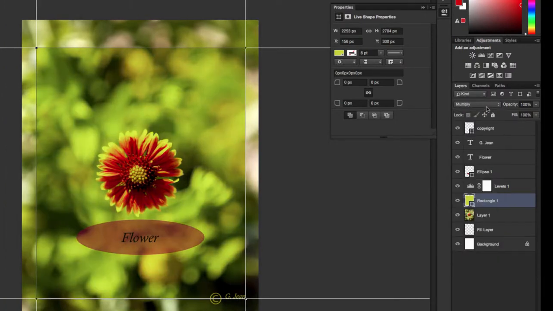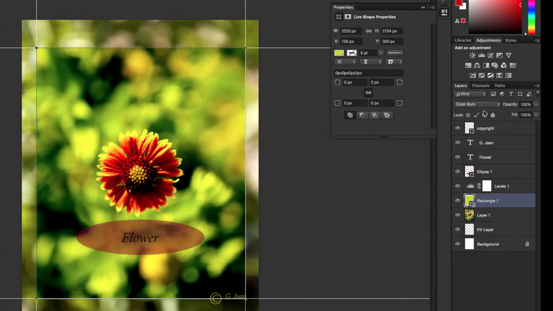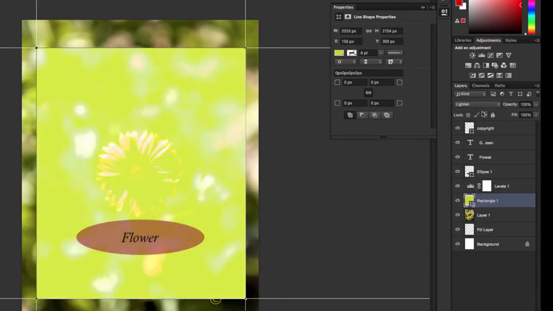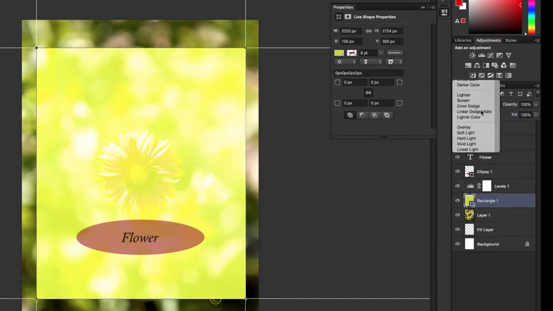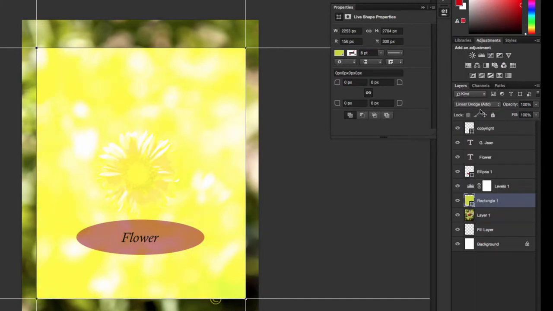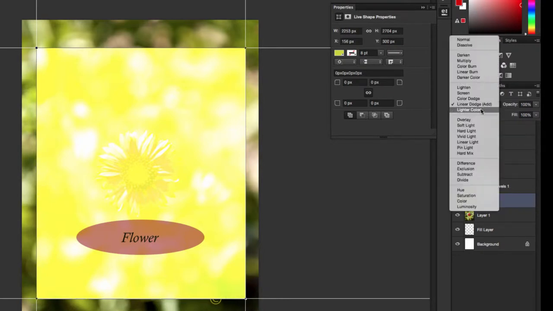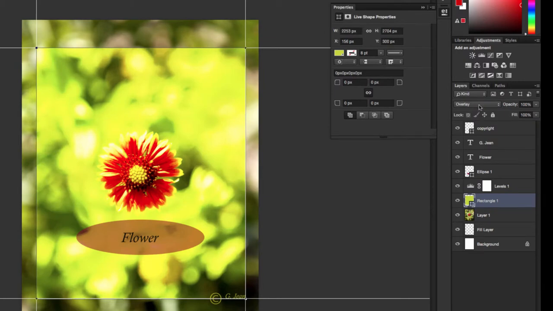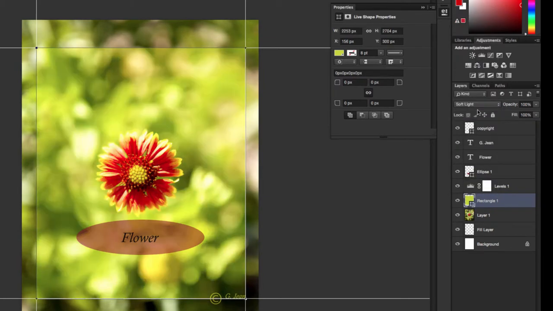Multiply, color burn, linear burn, darker color, lighten, screen, color dodge, linear dodge, lighter color, overlay, soft light, hard light,